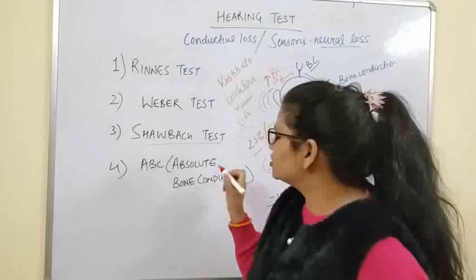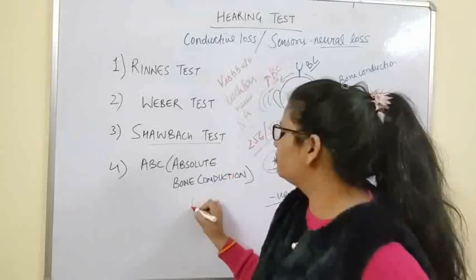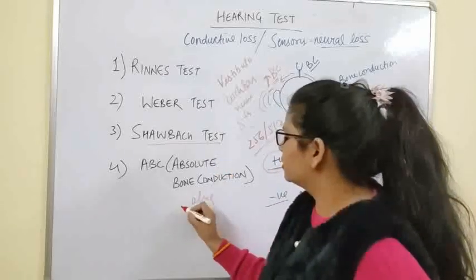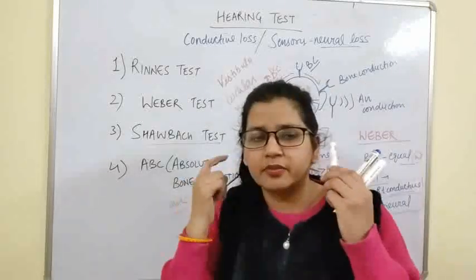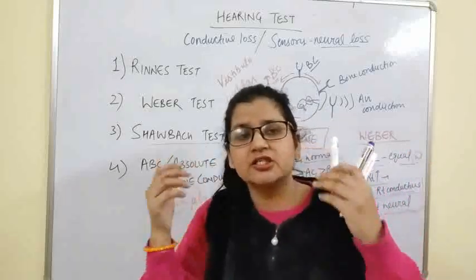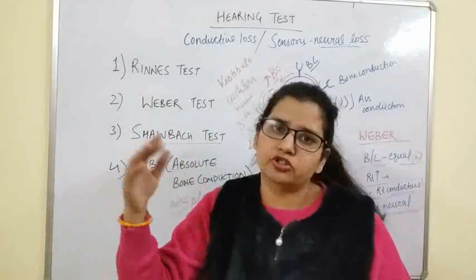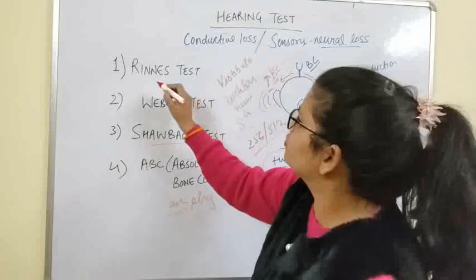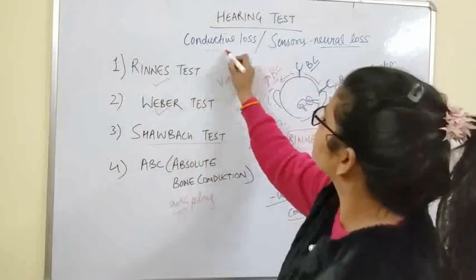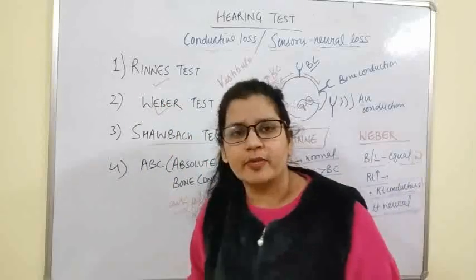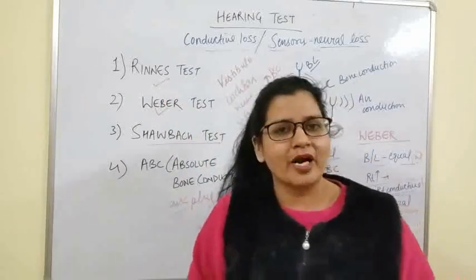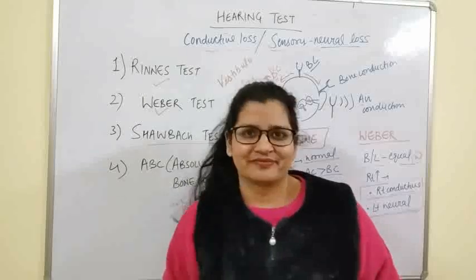provided the same test is done using a plug. Air conduction is basically plugged here. So using an air plug, when we block the air conduction, then we have to compare the bone conduction of the two. So these are the tests most commonly used for differentiating these two things. So one by one, first we'll see how to perform them and then we'll discuss the scenarios.